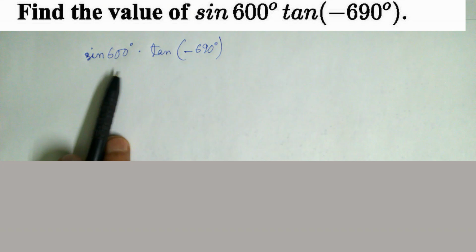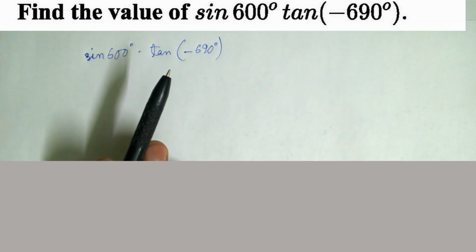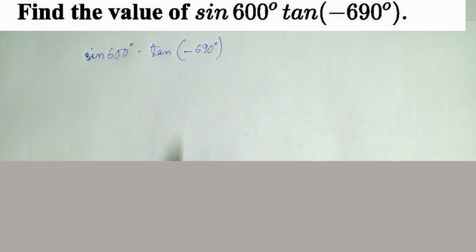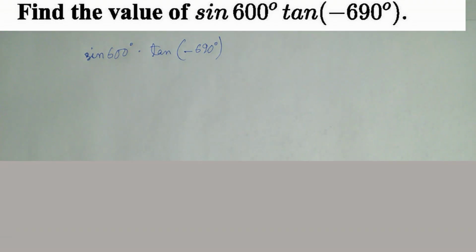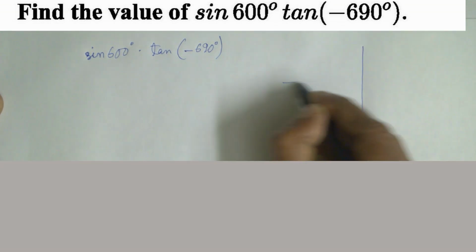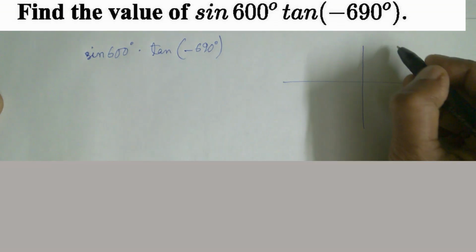Here 600 degree and 690 degree both are not acute angles. So we cannot apply the standard angle formulas or standard values of the angle. We have to use the formula of associated angles, and we have to see in which quadrant the angles are falling. It is known that there are 4 quadrants, and we have to define in which quadrant which angle is falling. This is first quadrant,